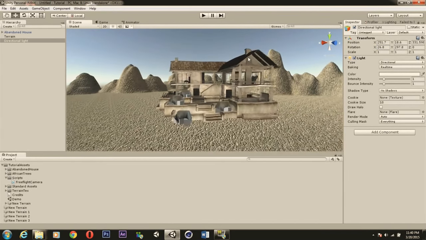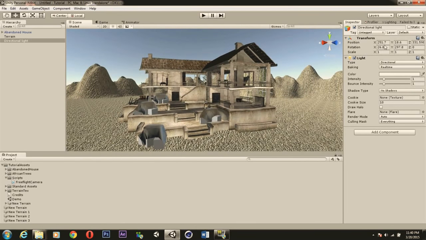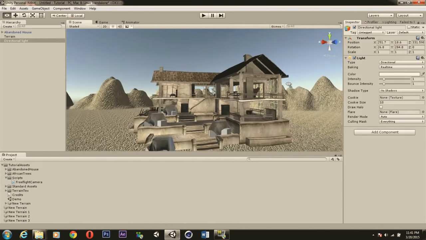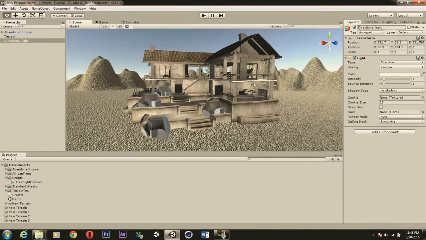I think that is good for now, and we're gonna change the Y values for the light, and I think something like, yep, that looks good. So that's good for now. I'm not going to get too detailed with this as it's just a tutorial, but yeah, there's that for